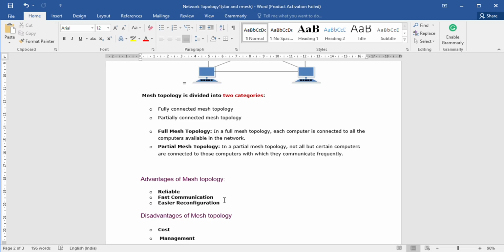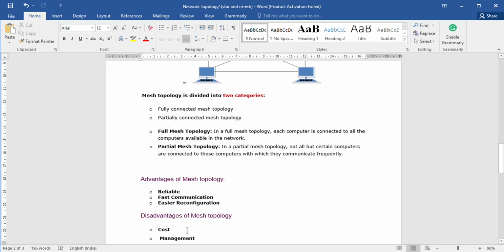Suppose we want to add new devices or a new computer in a mesh topology, we can easily add it. Adding new devices does not disturb the communication between the other devices. So these are the advantages of mesh topology: reliable, fast communication, and easier reconfiguration.